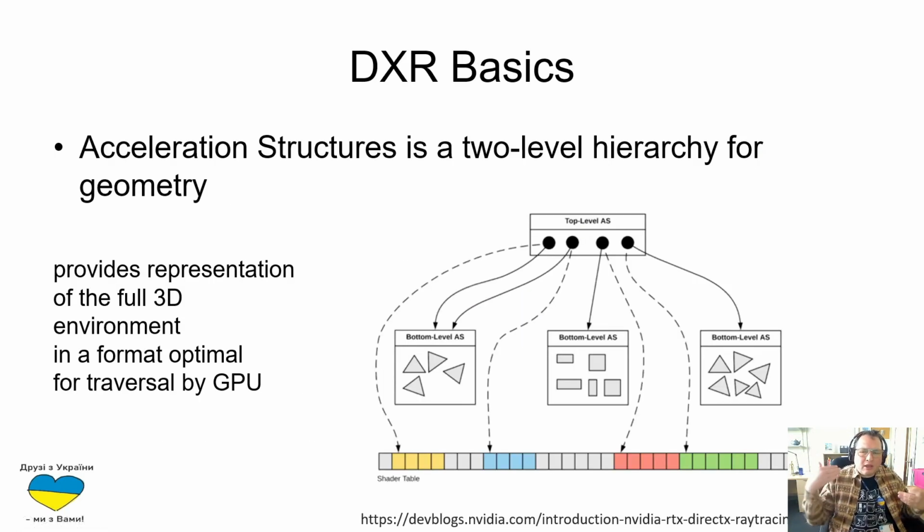So this ray will end up in any object of the scene geometry, and this is why the shader table must provide this information, which shader should be applied for the final surface